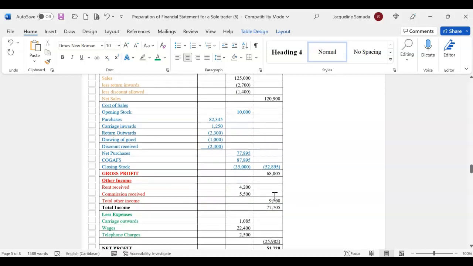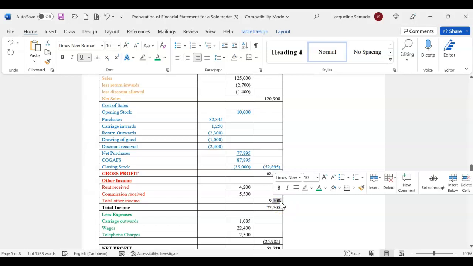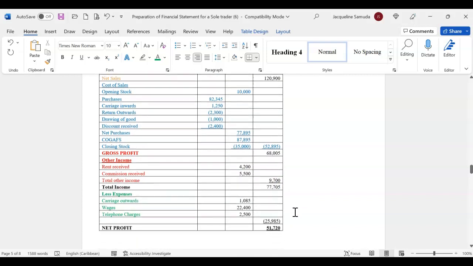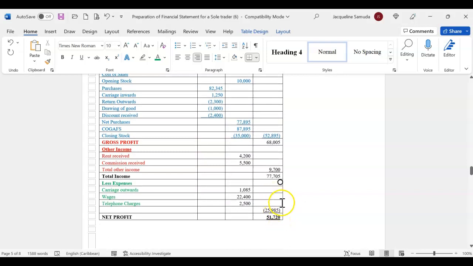When you subtract those two, you end up with the gross profit of $68,005. Now, in the revenue block, apart from that revenue of $68,005, you have $9,700 of other income. When you add those two, your total income is $77,705. The last thing you'll have to do now is subtract all of your expenses, your revenue expenditure, subtract all of them from your total income,